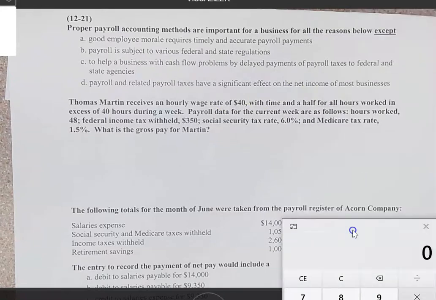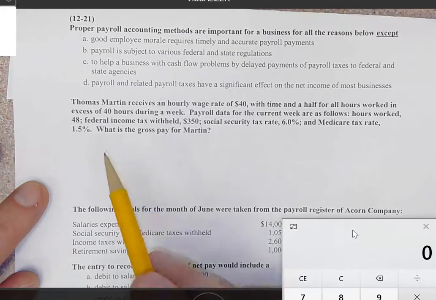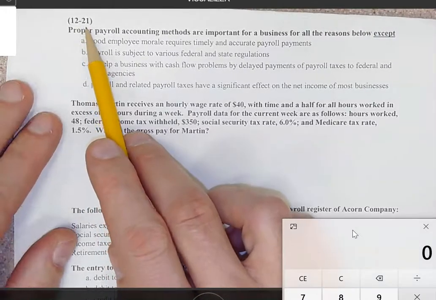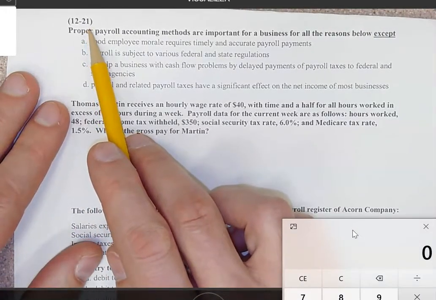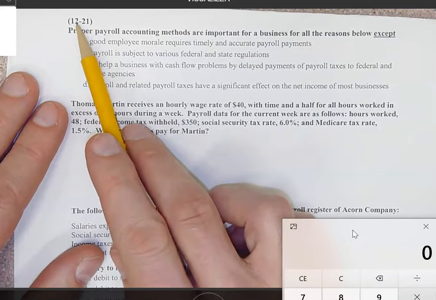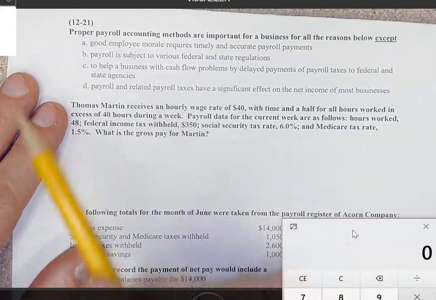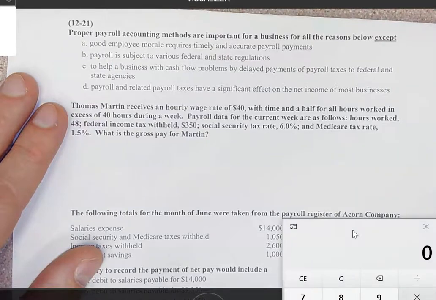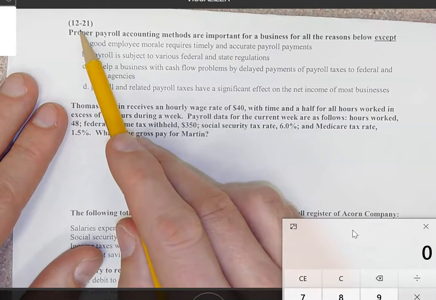Let's see here. Let's move that down. Okay. So we're right here. By the way, if you are in one of my classes and you're wondering what is this 1221, if you thought it referenced like December the 21st or something like that, it does not. What we do is